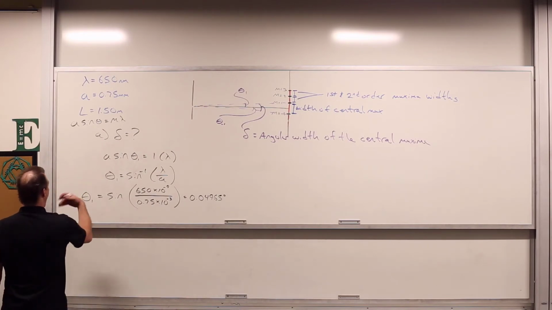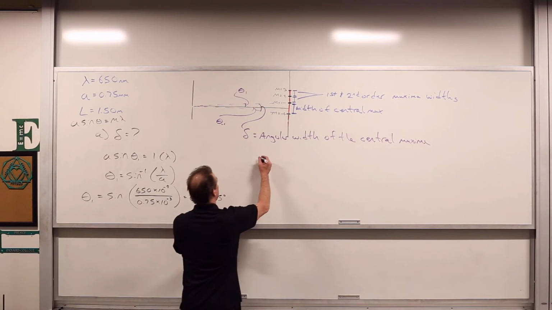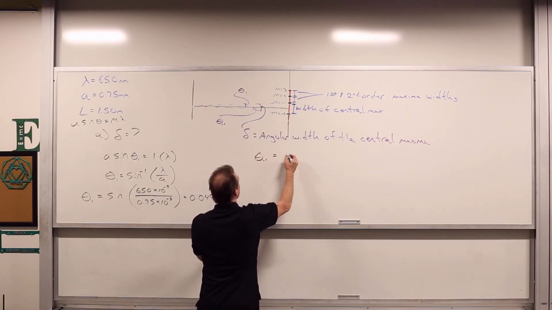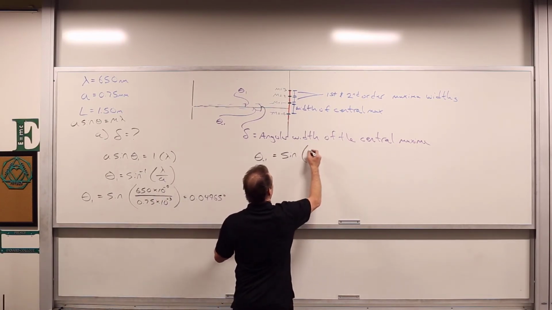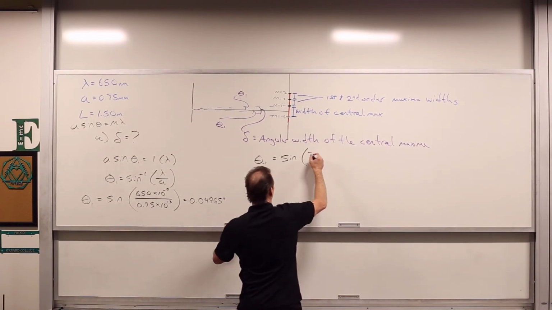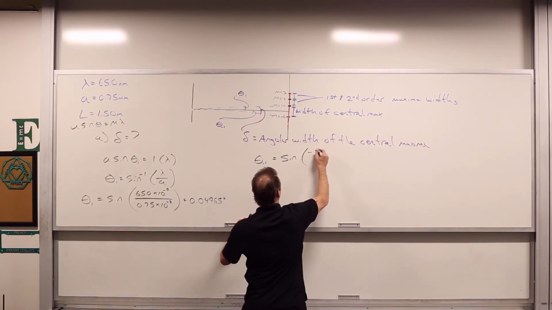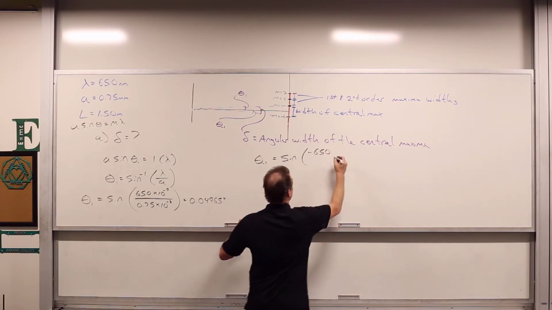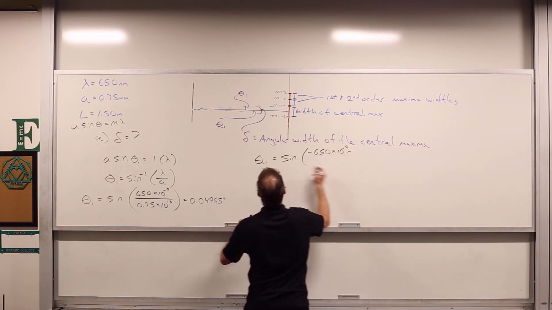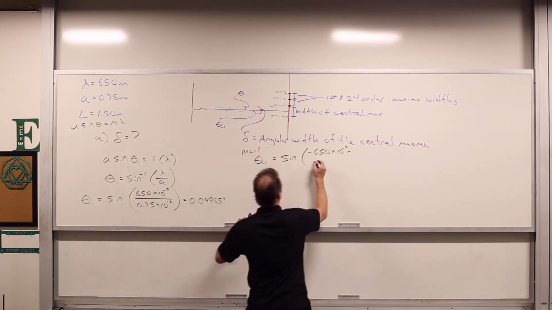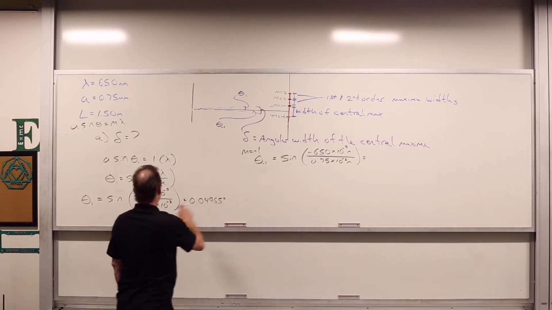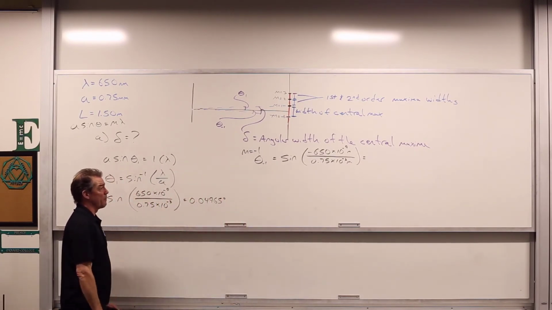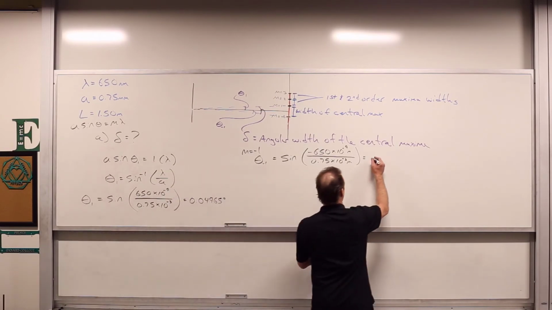So there is theta 1. Well, what about theta negative 1? Theta negative 1 is going to be equal to the arcsine of, now m is equal to negative 1, so negative 1 multiplied by the wavelength, 650 times 10 to the negative 9 meters, divided by 0.75 times 10 to the negative 3 meters. What's the difference between these two? Just a negative sign, right? The sine of a negative number is the negative sine of the number, so ultimately we're just going to get ourselves negative